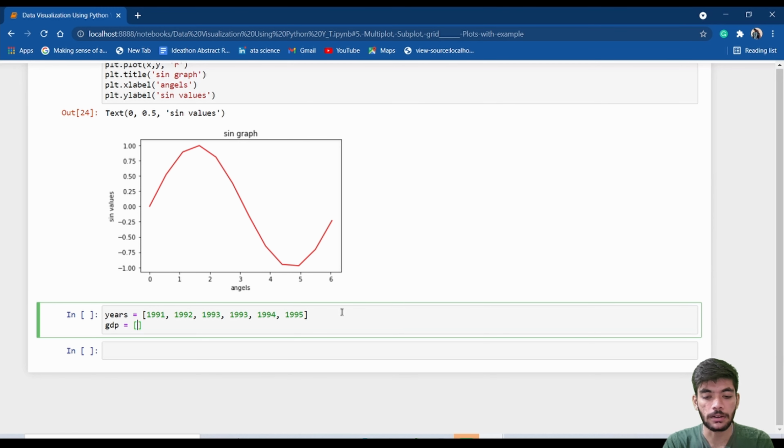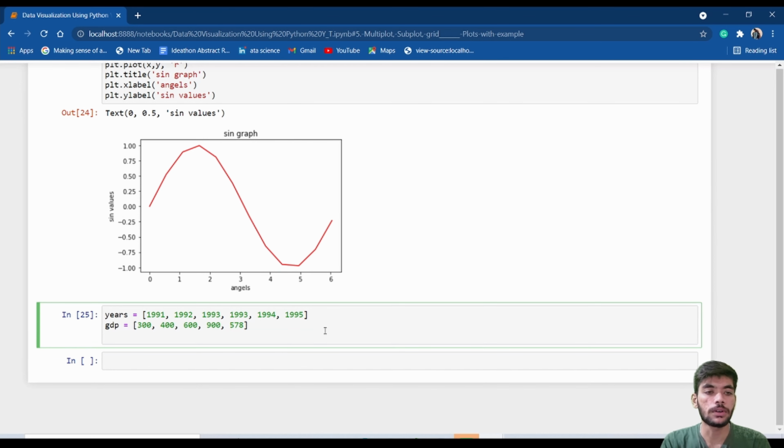I will write some random values, 300, 400, 600, 900, 1, 2, 3, 4. I will write 578. So these are some of the random values. So now we are going to plot the years and GDP.